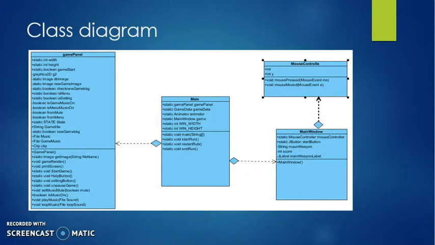So for the class diagram here, the game panel actually has all the methods that implement the mute effects of the game. And for the mouse controller, it allows the gamer to press on button and perform action sounds effects. We also have the main windows that allow the button to be rendered on the screen and aggregate the mouse control. The main class here aggregate both game panel and main windows.